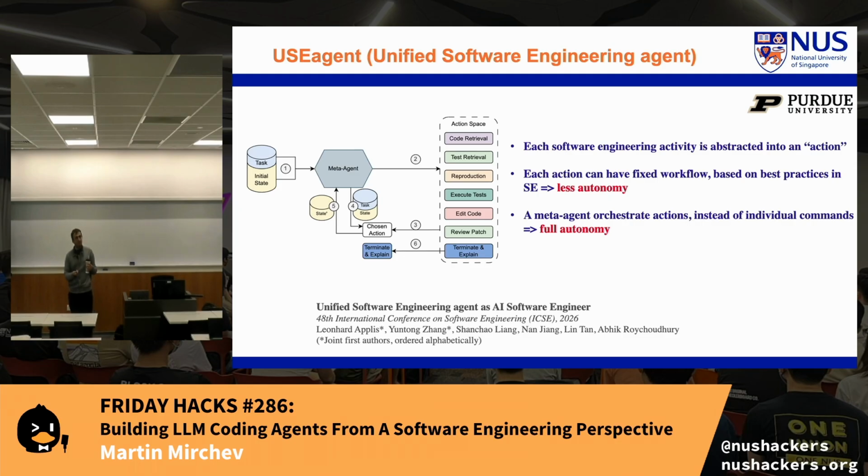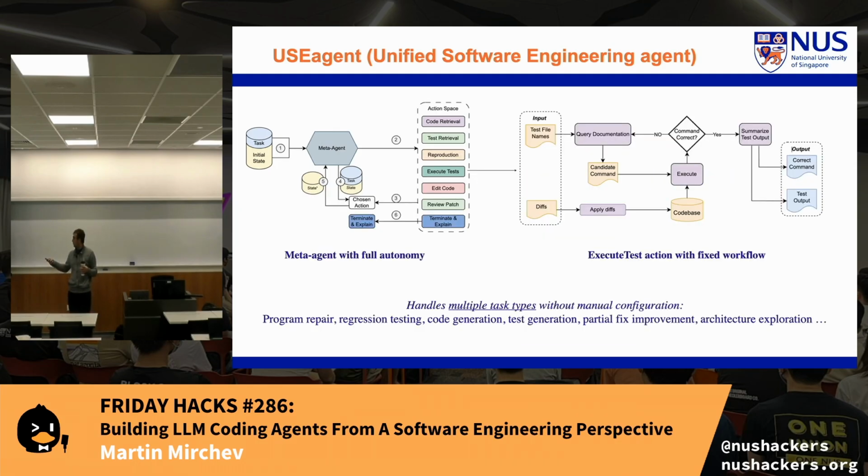To compare with this, you can see the specific workflow for a specific action. Let's say I want to execute the test suite. What do I need to do for that? Well, I need to gather documentation. The agent has to figure out how it can run the test suite and how to install dependencies, really doing all of these steps before the flow says it's complete.